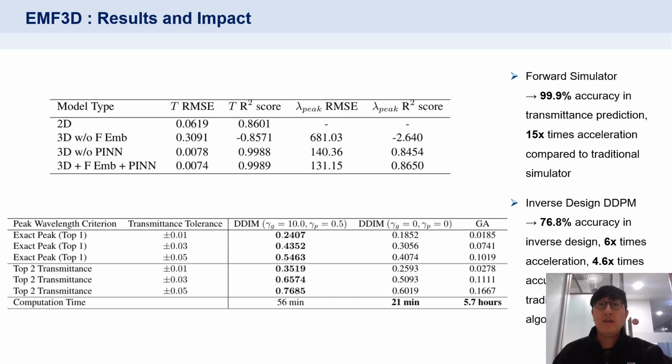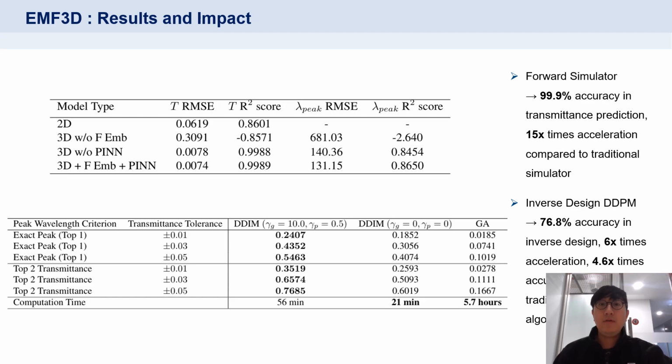For inverse design, our model achieves up to 76.57% success rate. When compared against genetic algorithm baselines, our model demonstrates superior performance in both accuracy and computation time.